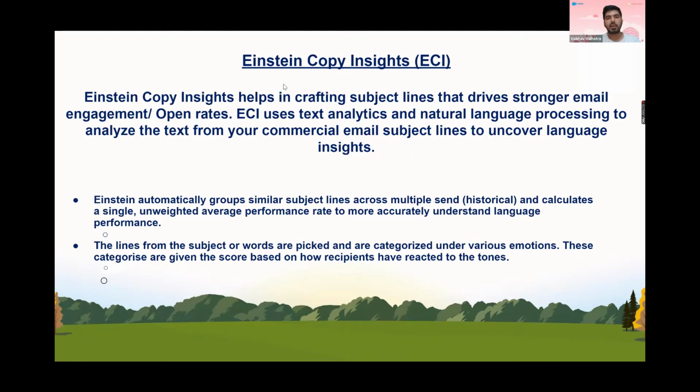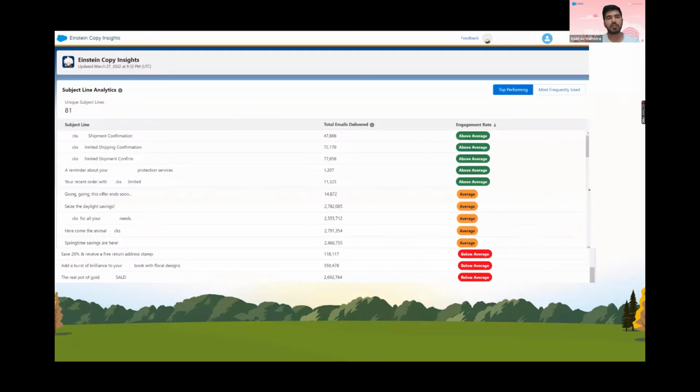So what Einstein Copy Insight does for you is it brings you all the data on the subject lines you have used in the past. You can say a subject line was used continuously for 4 or 5 times, and it has performed better. A subject line that was used 20 times did not do well, and you should not use that. So what I'm trying to say is, if I move to the next slide,